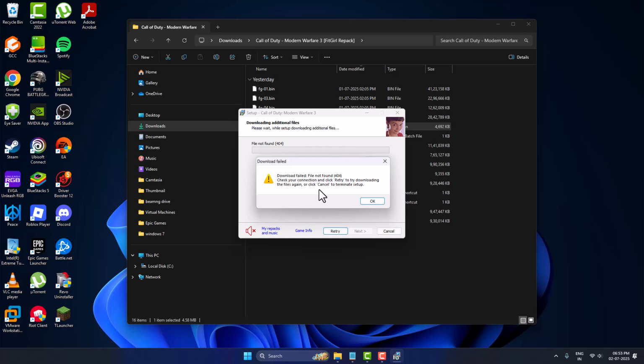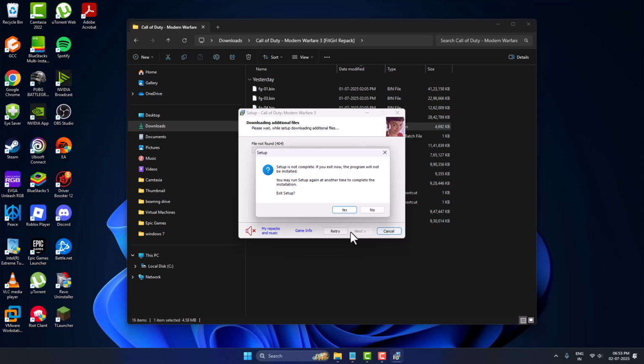Today we are going to see the file not found on FitGirl download error. Let's fix it, guys. Just click on OK and try retrying it. I'm getting the same error, as you can see. To fix this, you just need to cancel this,